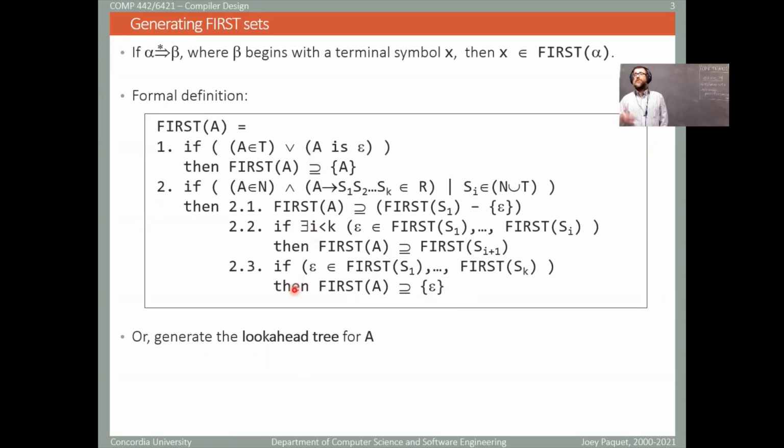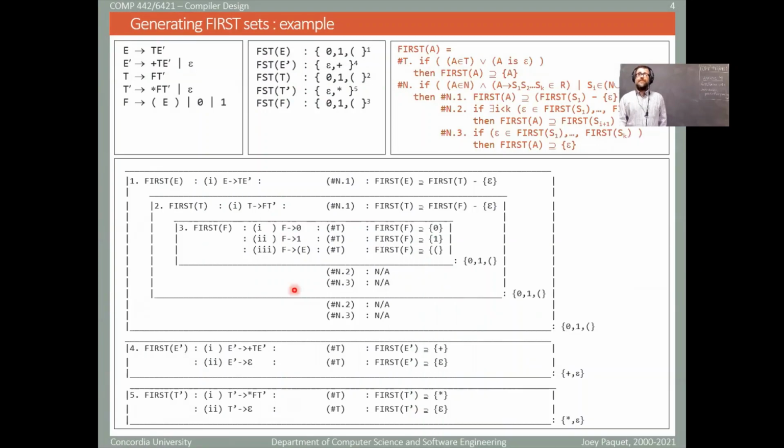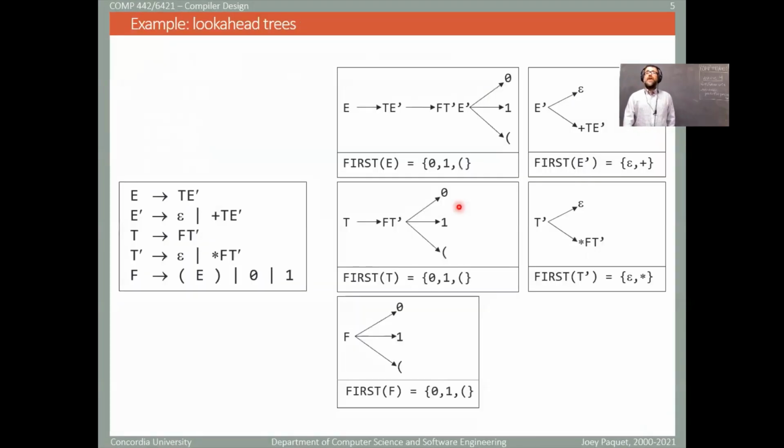You could also, if you want to generate the first set for a certain grammar or a certain symbol in a grammar, compute what is called a look-ahead tree for A. So let's go with the look-ahead tree. What's a look-ahead tree? Essentially you build a tree that is representing all the possible substitutions that you may have. So for example, if you have E, then given this rule, you can transform E to TE prime,